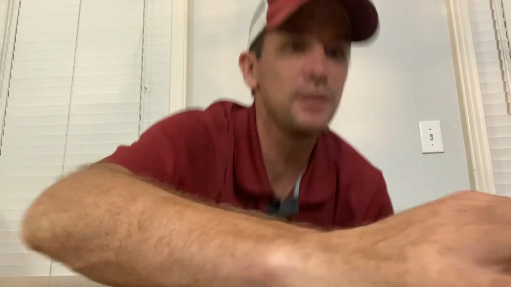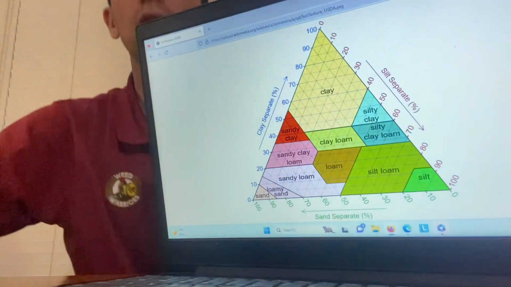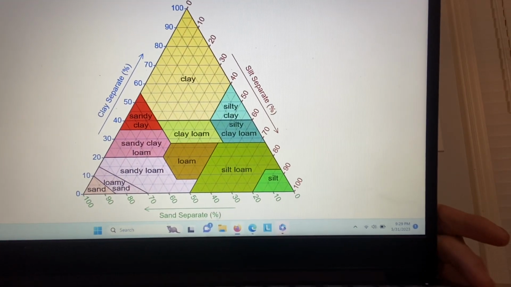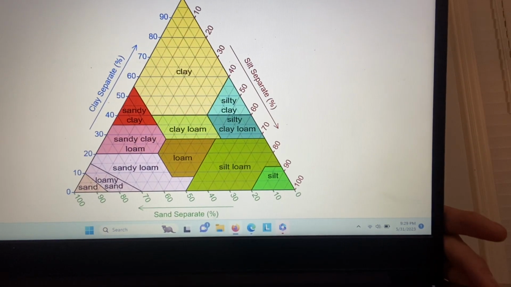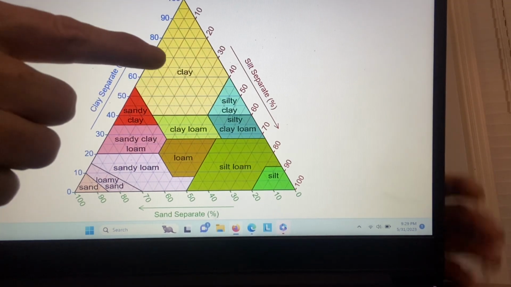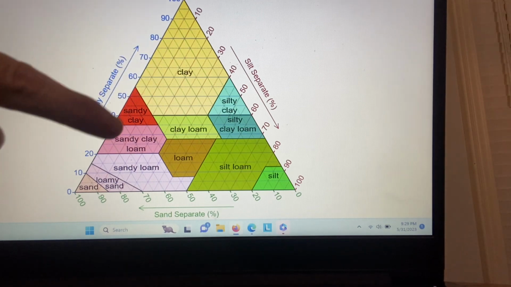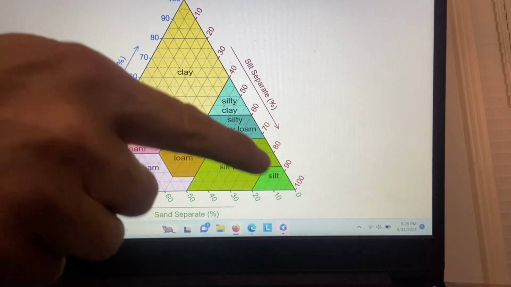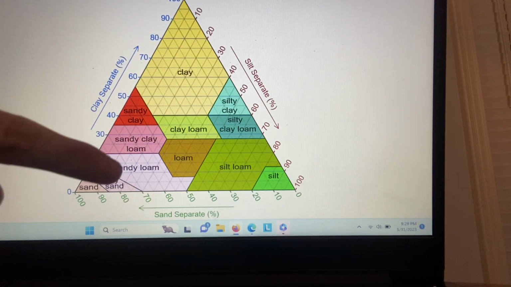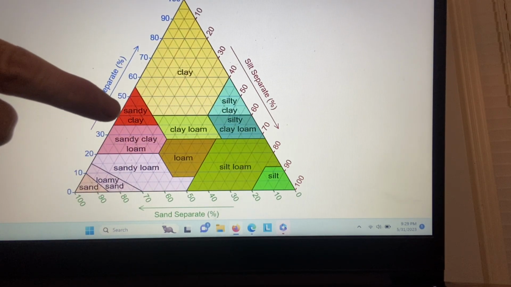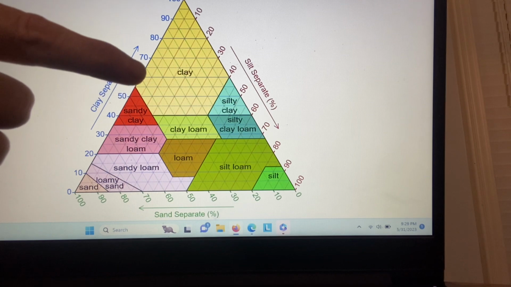So all soil is made out of three particles: sand, silt, and clay. And I want to show you the soil triangle that you can easily find on Google if for whatever reason this is not coming through as clear as I'm hoping it will. But all soils are made up of the three particles: sand, silt, and clay. And this wonderful triangle shows you all the different types of soil. So the red triangle, for example, is a sandy clay soil because it's got a mixture of